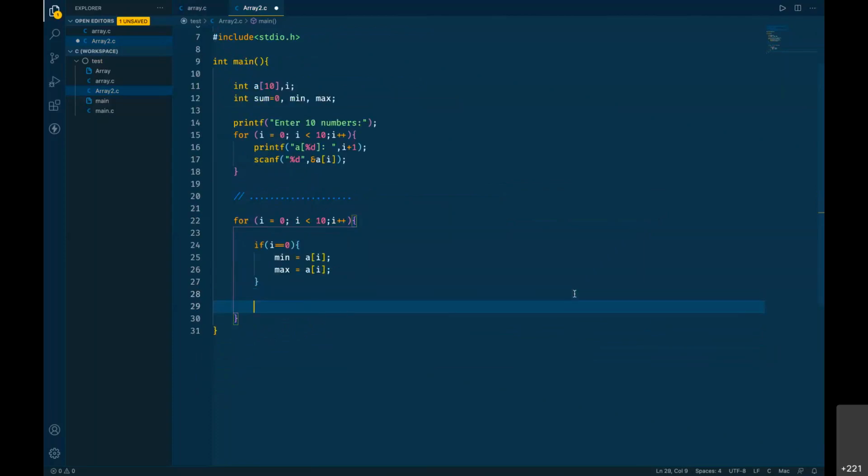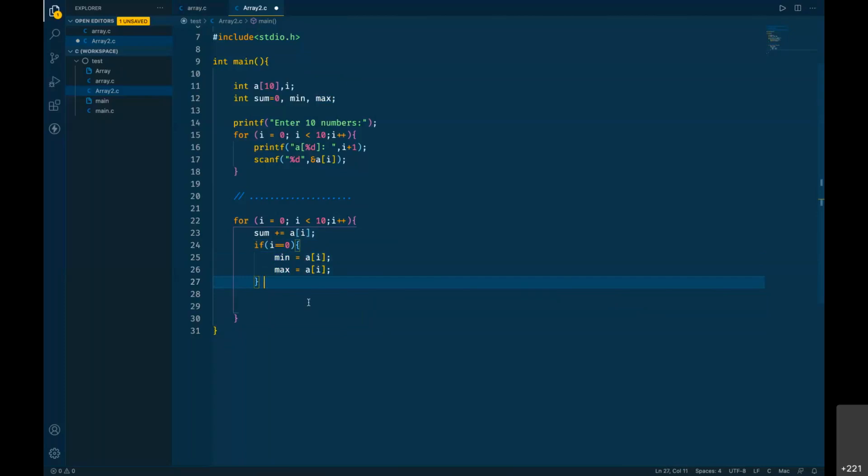And what we need to do is we also want sum here, so we'll make sum plus equals to a of i. Every time, whatever the number is, I want to sum it up, so I have it here. And at this place, I'll say that if i is 0, then the first value will become my minimum value, and the first value itself will become my maximum value. Else if, you can go for else if later, or you can go for a nested if.